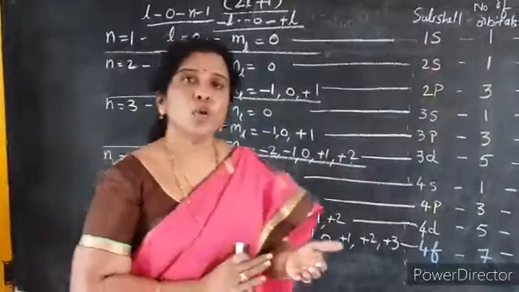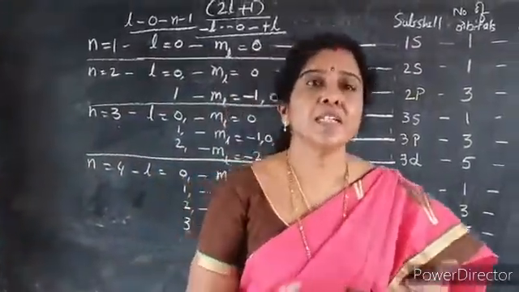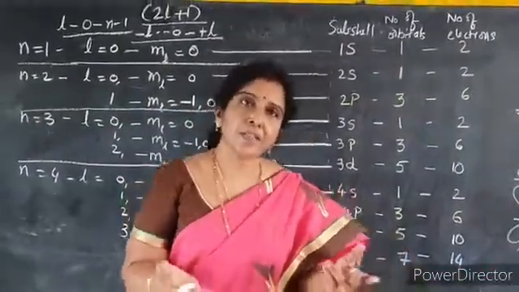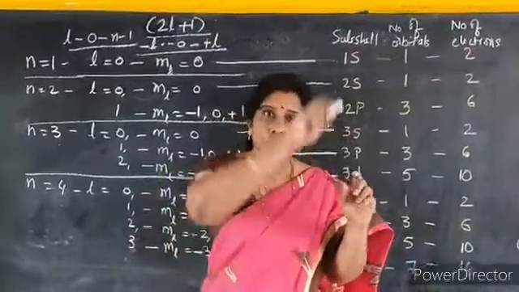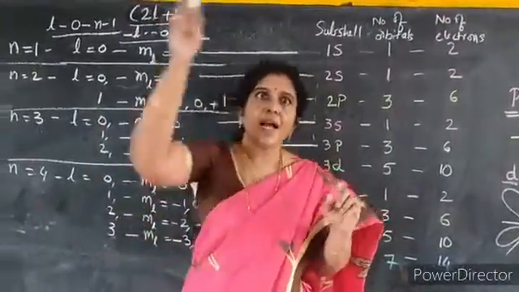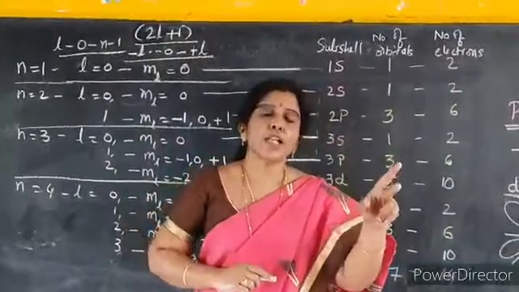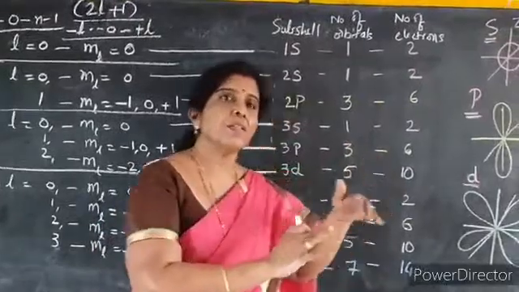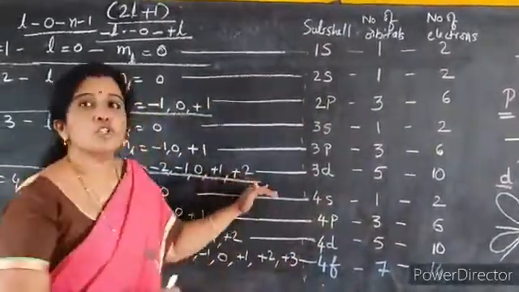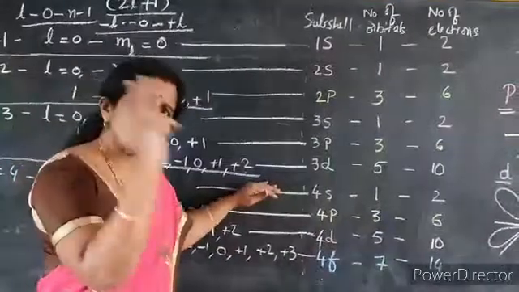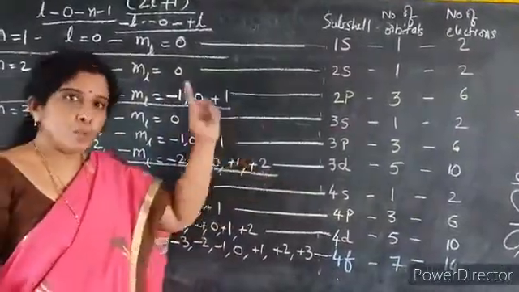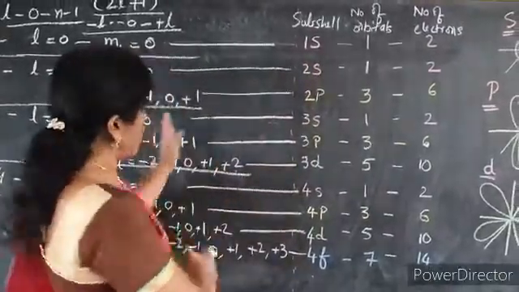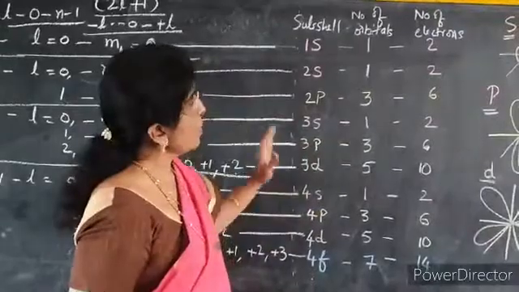Now coming to the fourth quantum number, that is the spin quantum number, which indicates the spin of the electrons. So how many possible spins are there for the electron? Only 2. One is clockwise direction and another one anti-clockwise direction, having 2 values, +½ and -½. So spin quantum number you can compare with the number of people staying in each portion. So maximum only 2 people can stay in each portion. That is what you have to remember. Now these are the subshells which correspond to these quantum numbers.